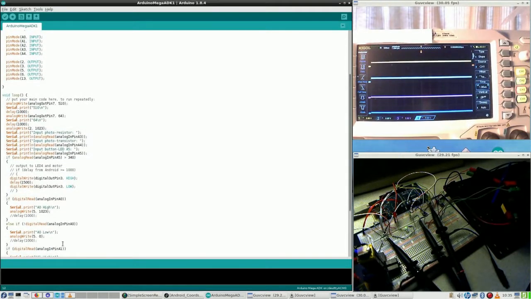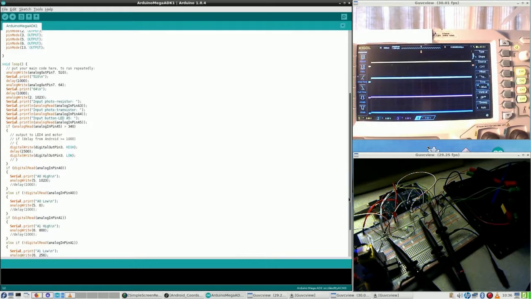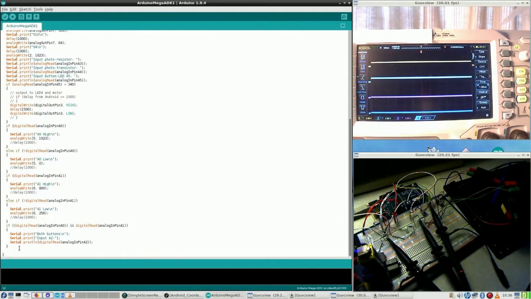Well, I can just as well put it in another thingy. Apart from the motor, and this is doing what? A0 high, which is an LED. So when everything else is done, I can say, okay,